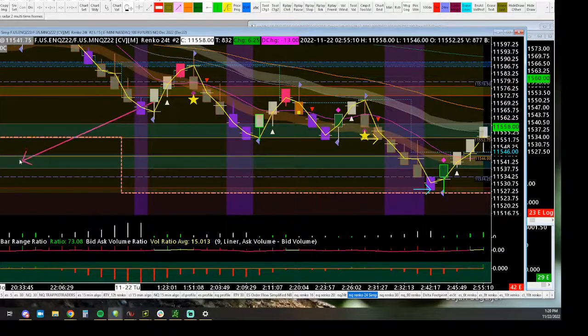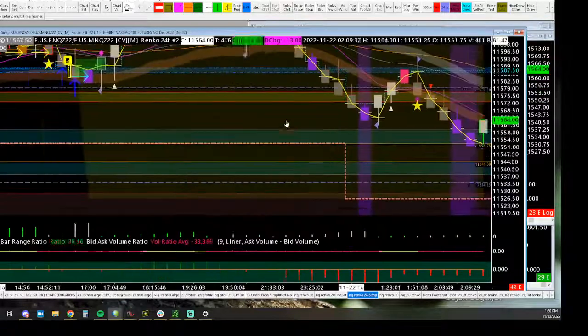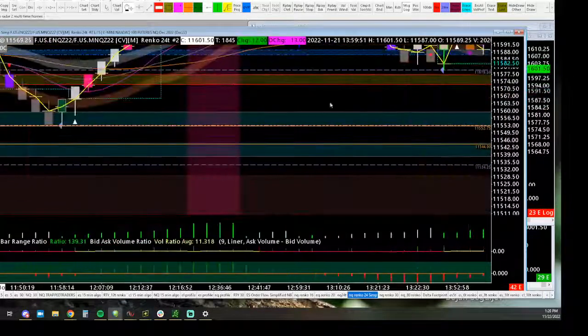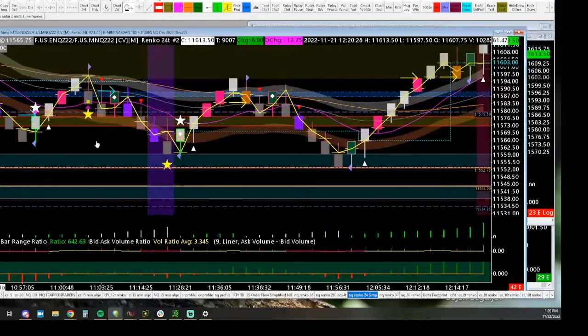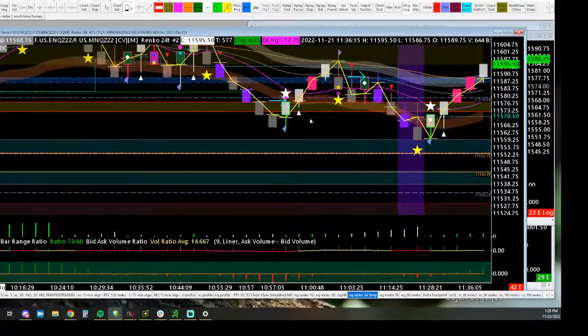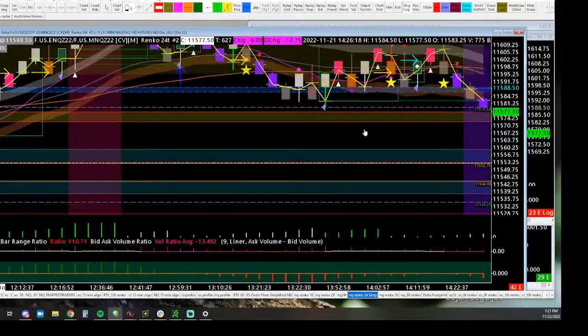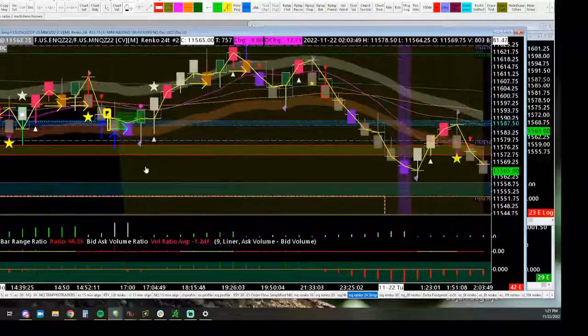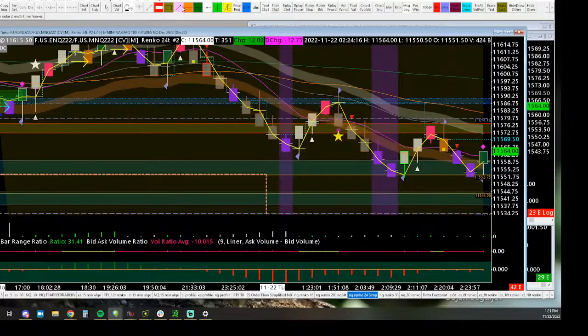There were single prints right before the open on Monday. There was a little gap, basically. I guess I have to go pretty far back. One way or another, they're both little small gaps in price action. And when the auction makes these gaps, where either they trade through it quickly or they jump over it completely, either one of those, if they just trade through it right away, like if you go through here and then you come back and you can't get through it again, eventually the market's going to want to come back and make sure